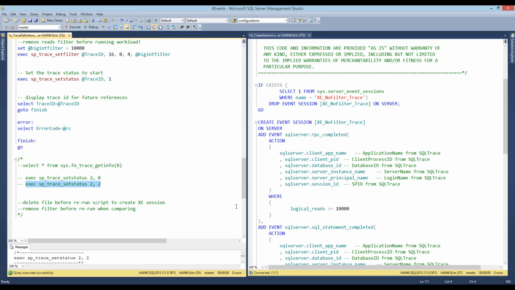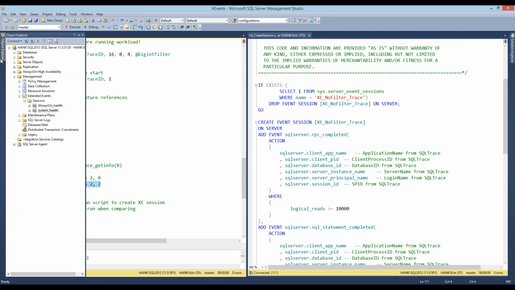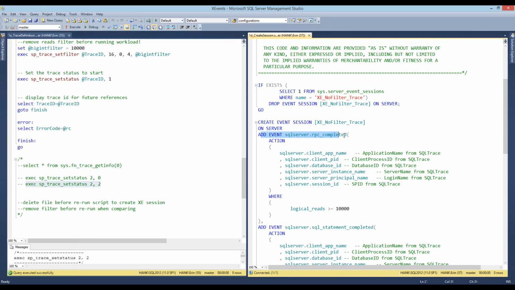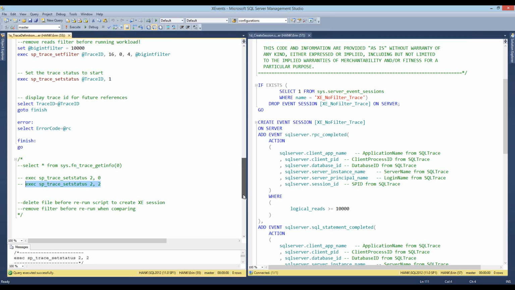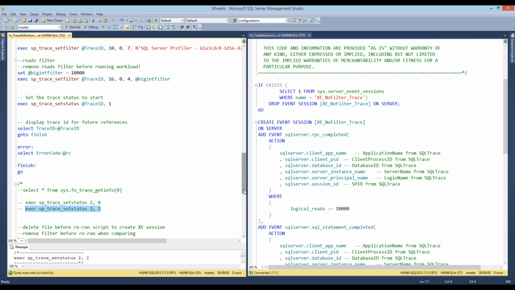Do you have any other ones? Just one more. This one says, does BOL list the default payload items for the various events? Great question. We're going to get to that. The question is, in Books Online, if you look at the different events, does it tell you what the information is that's collected by default? I don't think it's explicitly listed in Books Online, but we're going to be able to see it in the UI. So when we get there, I will show that to you. Any others? Well, the question on the extended events was exactly what he was looking for. Okay, perfect. With perfmon.